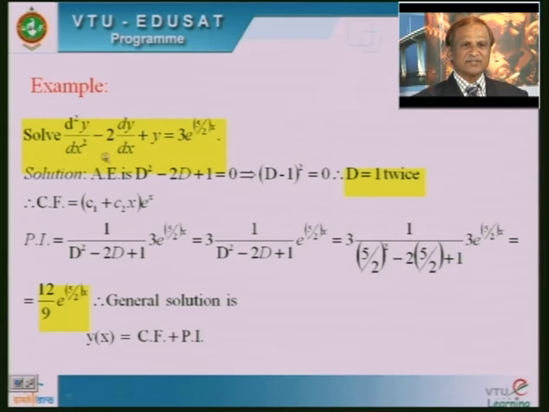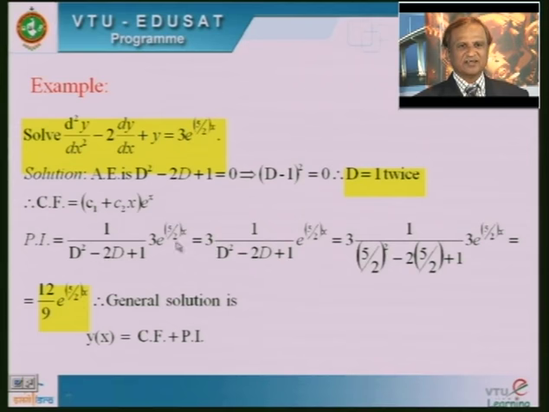So, f(D) means what? The symbolic form of this equation, which can be written as D squared minus 2D plus 1, into the right hand side member as it is, 3 into e^(5/2 x). Now, as I have mentioned, our method says that in this case we simply have to replace capital D by a. Here a is 5 by 2. So, replace D by 5/2: (5/2) whole squared minus 2 times 5/2 plus 1.